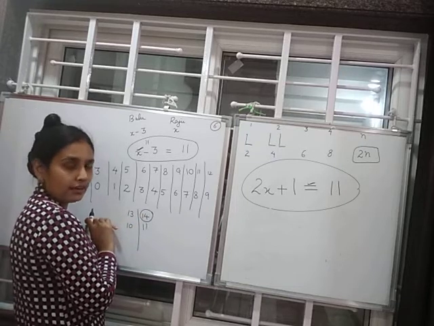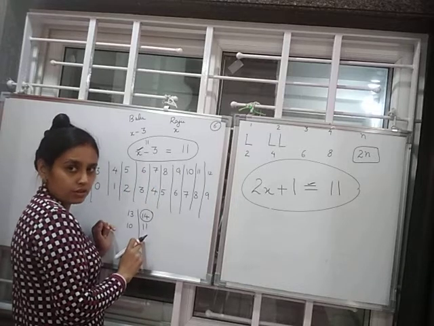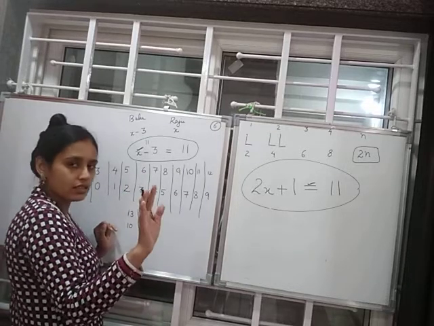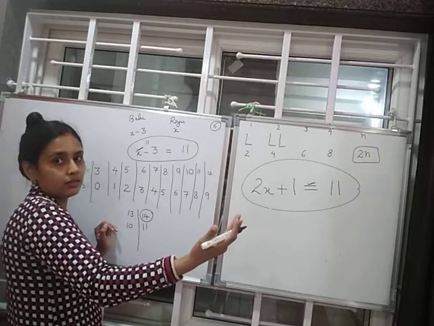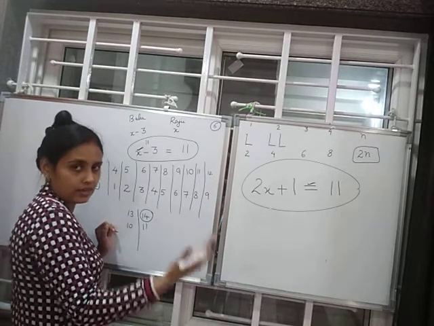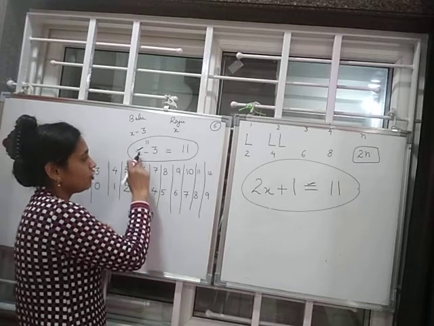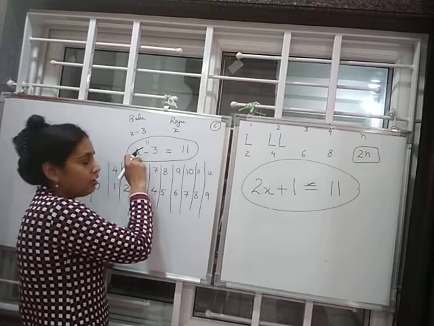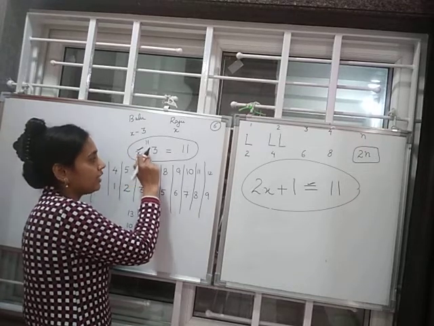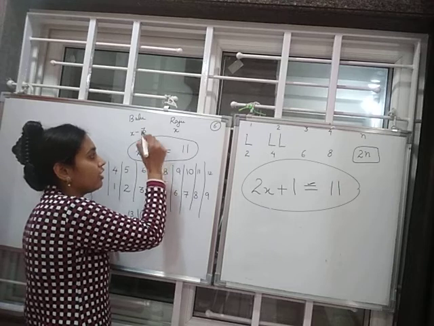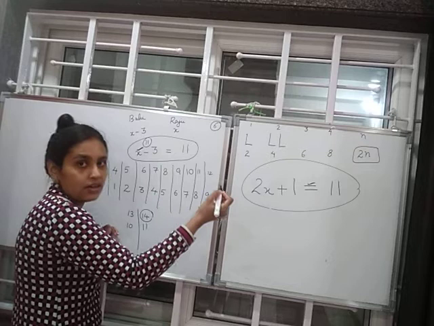14. How did it come? It came by solving, thus getting the solution. Okay. Now what is a solution? Again we are going to study what is a solution. Right now, this is the value of the variable, 14. When x is equal to 14, 14 minus 3, we get 11, which is equal to the number which is written on the right hand side.